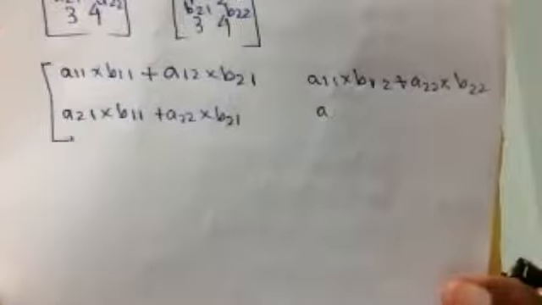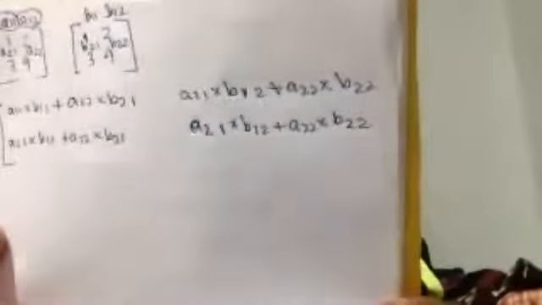What is the next line? Sir, A21 into B12 plus A22 into B22. Is it? It's clear? Yes, sir. Now, if I put the data,